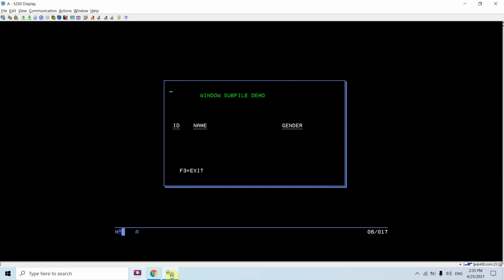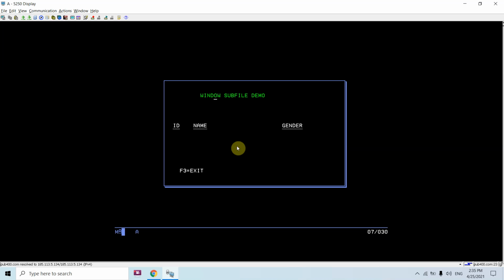As we all know, we have several things related to windows, which I'll be covering in the next videos, where I'll show you how we can create the borders, or how we can have the titles on the window border for the window subfile, and other things related to the window keywords. I'll be covering that in my next videos, or you can learn that there. So this time I'm only focusing on the window subfile.